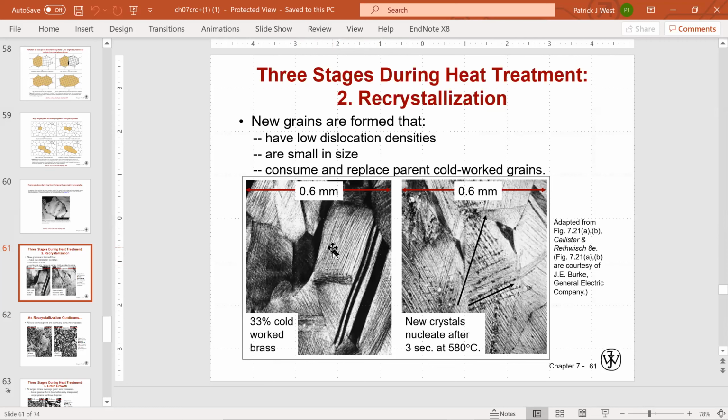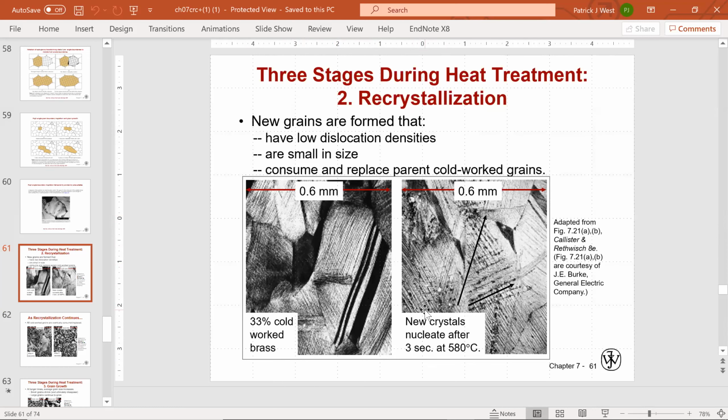So it's true that there is a grain size of this material, but it is so defected, so deformed, that it's not very useful to us, right? This brass sample is so deformed that we can't really be confident that it will perform in the way we want it to perform. So what we do is we heat it up,